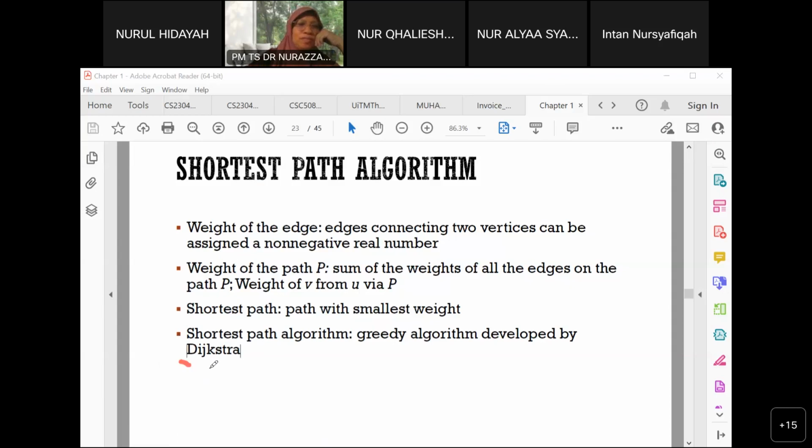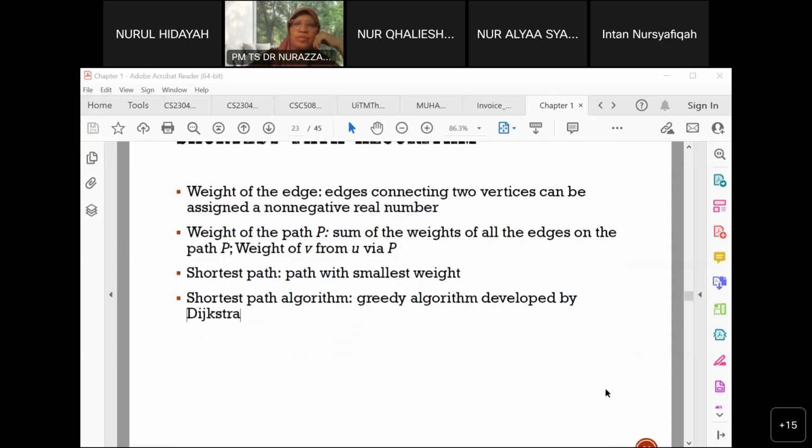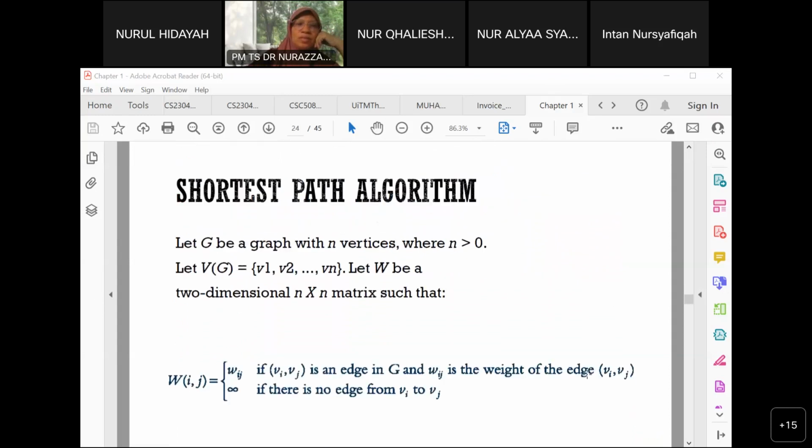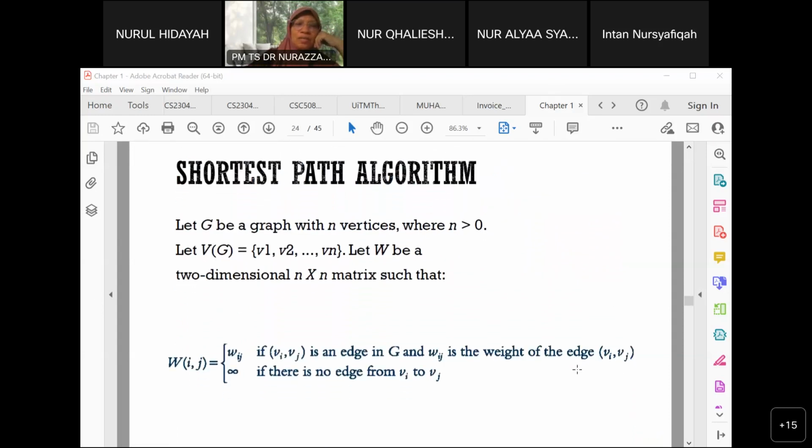Kalau kita kata Dijkstra algorithm ni, it is the algorithm to find the shortest path. Okay, shortest path algorithm. Okay, so the algorithm is